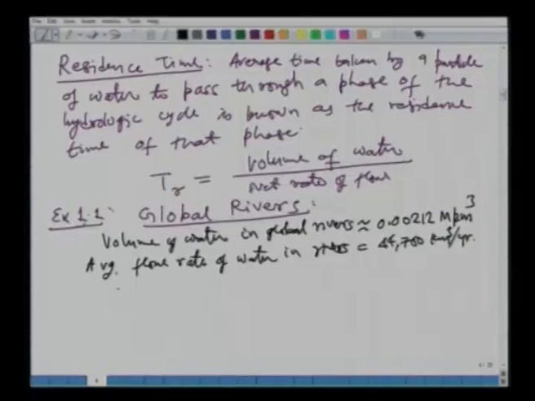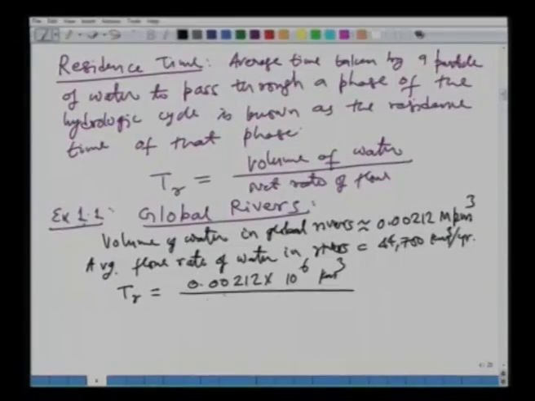So, using these two numbers, we can find out the residence time for global rivers as 0.00212 times 10 to the power 6, that is kilometer cube, divided by 44,700 kilometer cubed per year, and that will come out to be about 0.04743 years and approximately 17.31